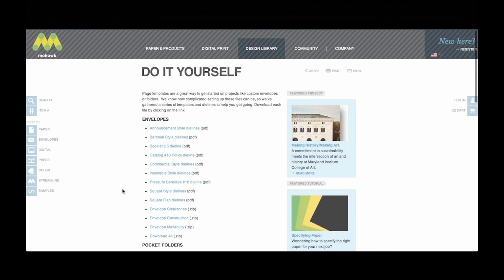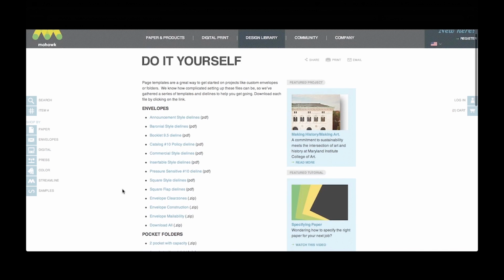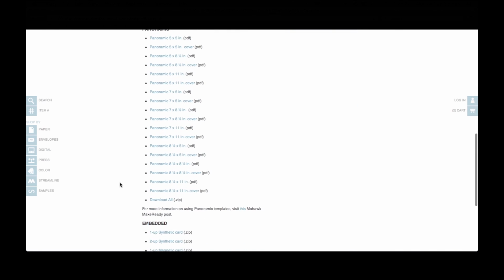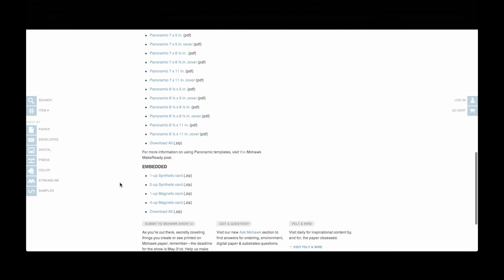And the last section in the design library is the do-it-yourself section. This has a lot of great templates for you to download anytime you're doing an envelope project. If you're looking for a die line or a size, we've got pocket folder templates for any panoramic projects that you're doing. And then also we've got some templates for our new embedded